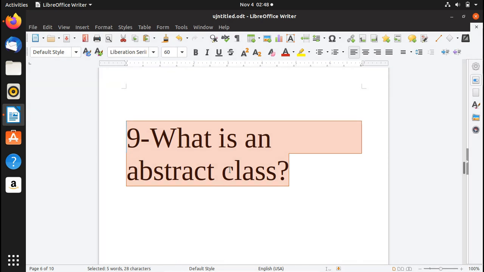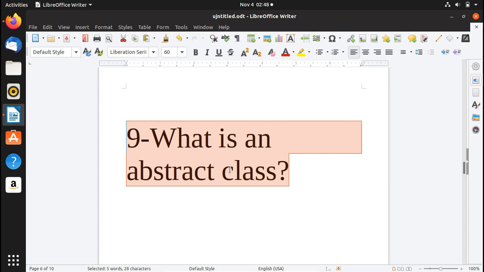Okay, move on to the next question, which is question number 9. What is an abstract class? Abstract classes are classes that contain one or more abstract methods. An abstract method is a method that is declared but not yet implemented. The abstract keyword is used to create an abstract class and method.